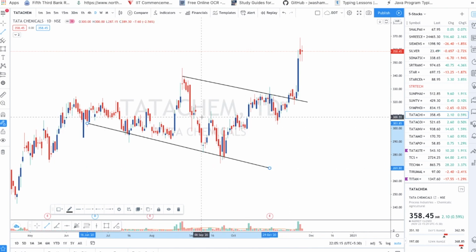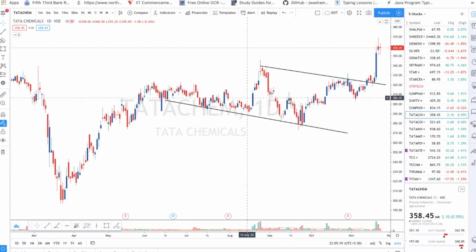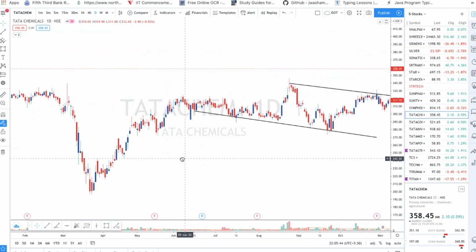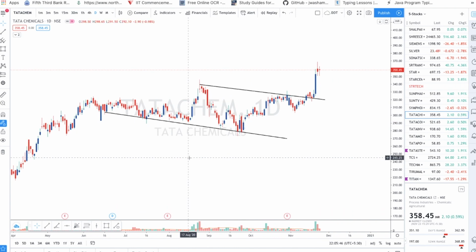And one important thing I missed telling you at the start: these are all equity stocks, okay, not futures, and you cannot get futures here. But all futures stocks are derived from equity stocks. In futures you can see only 3 months of data, but here you can see almost a year or 2 years of data. So this TradingView platform is really helpful guys.